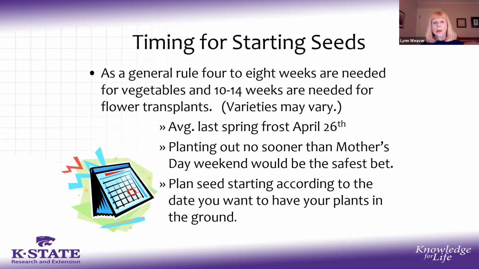Petunias and vinca usually take anywhere from 10 to 14 weeks and need to be planted that far ahead. Around here, our average last spring frost date is April 26th or so, and that's another reason not to rush planting your seeds. You can grow these seedlings and get them out in the soil, but that soil at the end of April is cold, and those plants aren't likely to want to grow too quickly at that point. So gear your planting time to planting out the first or second week in May.